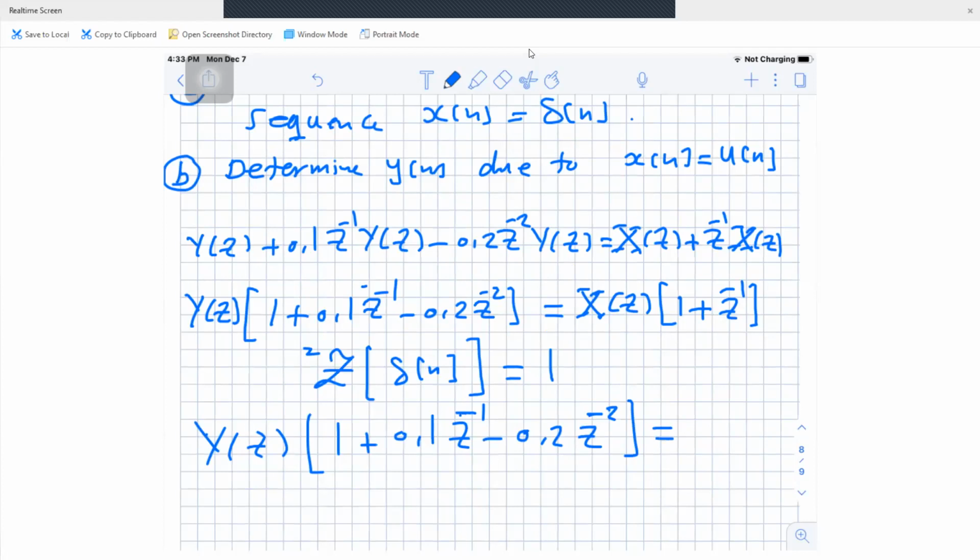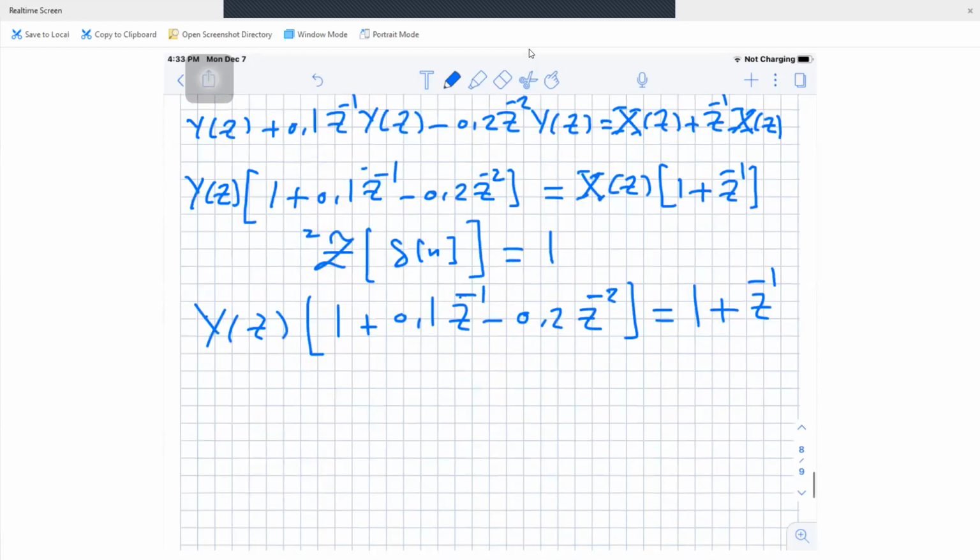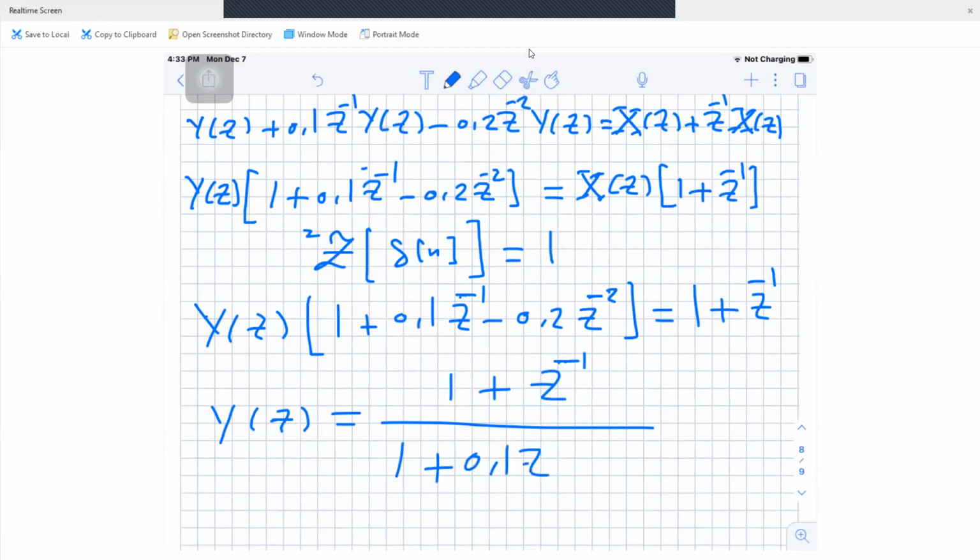Okay, so the remaining will be 1 plus Z to minus 1. Now, next step is what? To simplify the equation and determine y of Z. y of Z will be as follows. 1 plus Z to minus 1 divided by 1 plus 0.1 Z to minus 1 minus